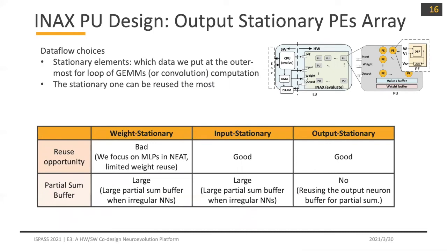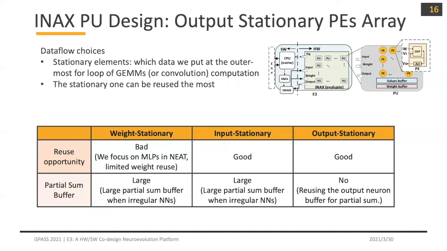We also say that we use the output stationary PE array. There are also other choices for other stationary. So now let's look at what stationary means. Stationary means the one that we put at the outermost loop of our computation so that we can reuse the most. Some choices could be made like weight, input, and output stationary, and we choose them by two